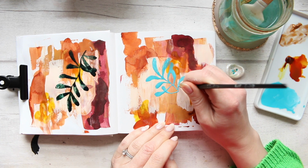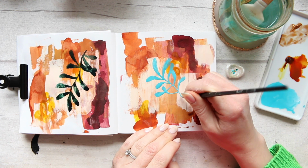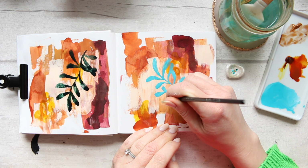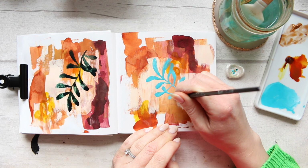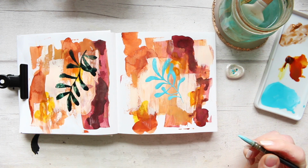And things like that take forever for me to decide. Color palette, theme, what I wanted on it. I did want something botanical there because I do like that theme. And I do like the abstract as well. But